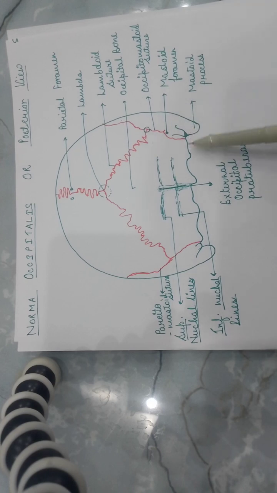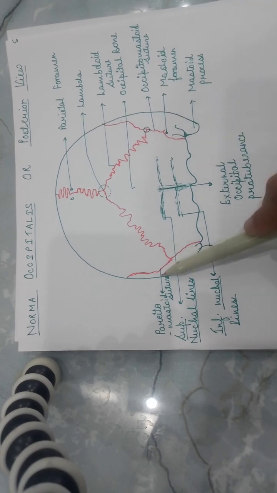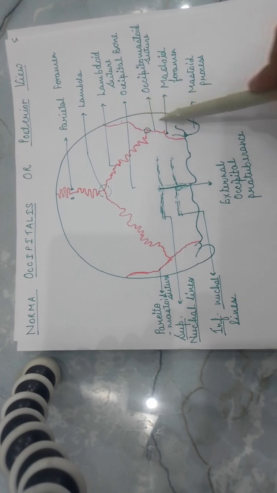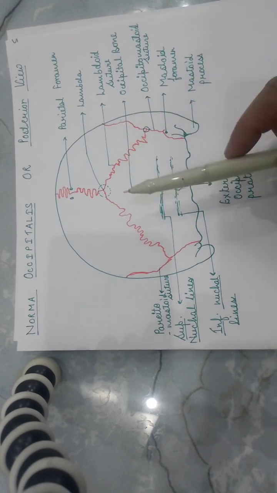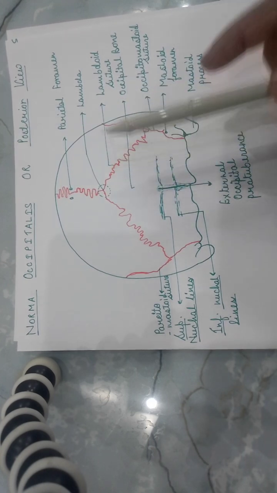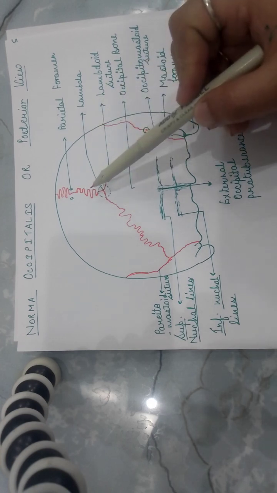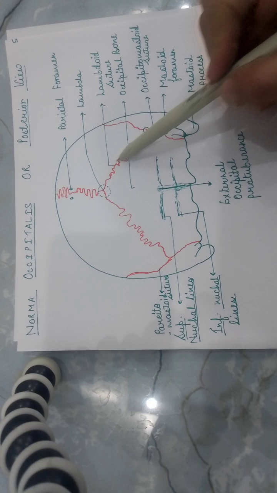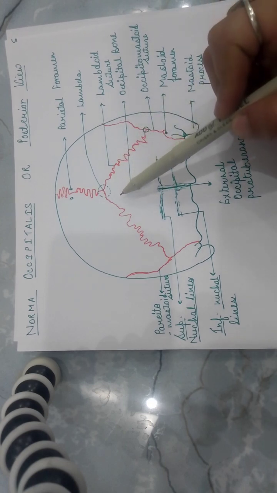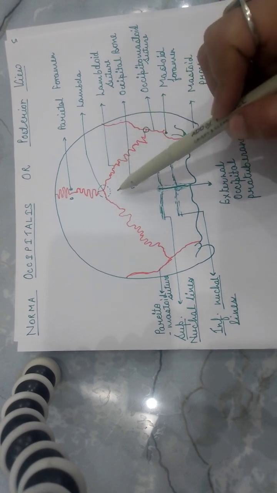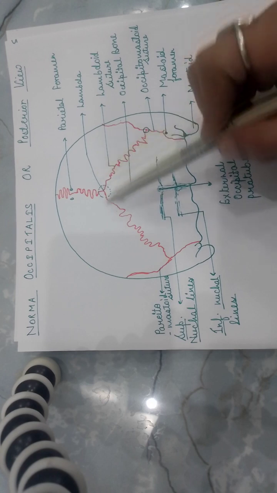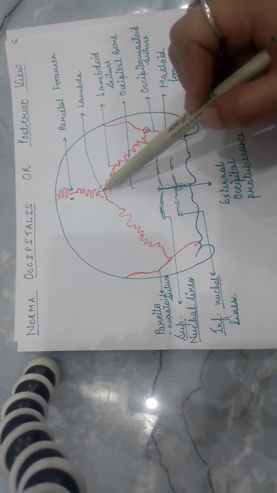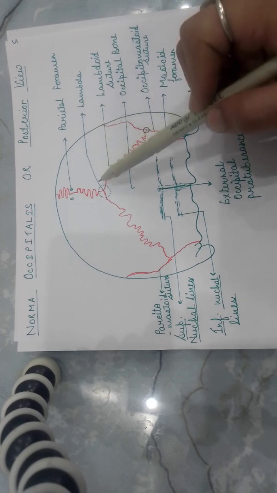This is your mastoid process, and so this is called as mastoid part of temporal bone. Now what are the sutures over here? This is your lambdoid suture which lies between the occipital bone and the two parietal bones. This is your lambda, the center point,